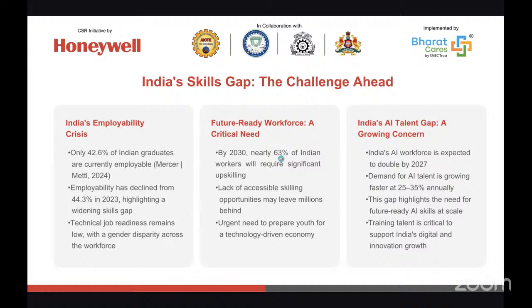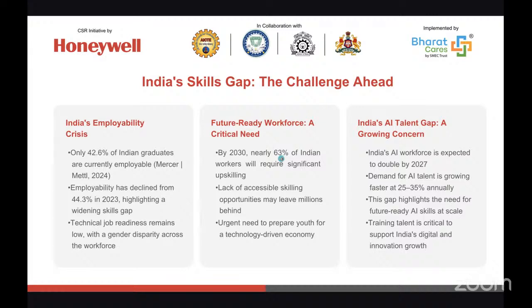Yes, I can see lots of no. Correct. Because intelligence is not the problem. The problem is skill mismatch, right? Industry is moving very fast in every sector, whether that is AI, automation, data, digital tools, or whatever it is. But education is not updating at the same speed. So we can think that by 2030, almost 63% of workers will need reskilling, right?